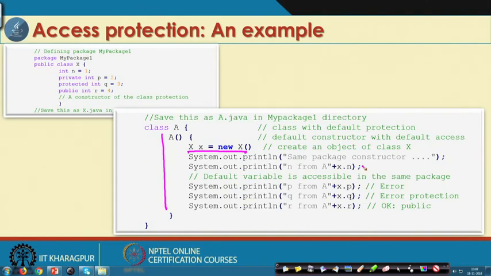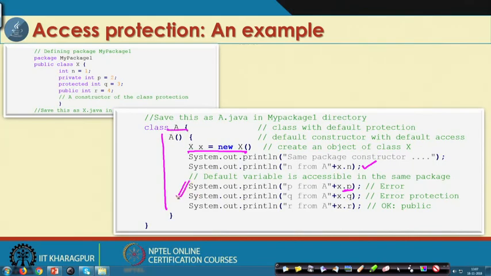So far this one is not an error because it will work, because N is defined with the default access specification. By default it can be accessed by any class belonging to the same directory, and as this class A belongs to the same directory, it is possible. Now, here see this P is private, and we want to access a private member from another class A here. So, this will report an error.